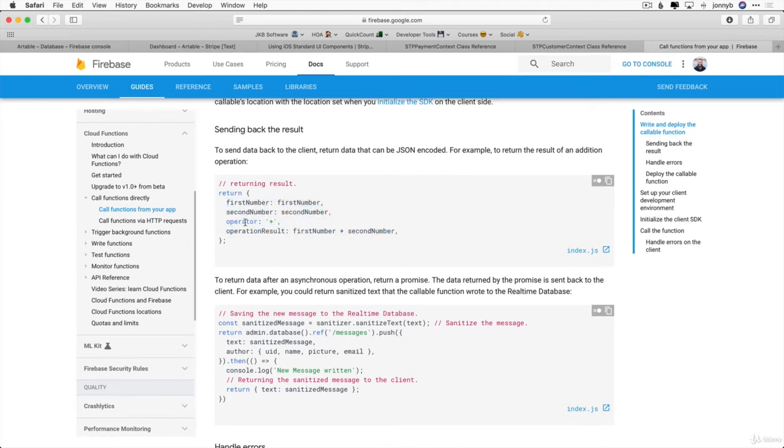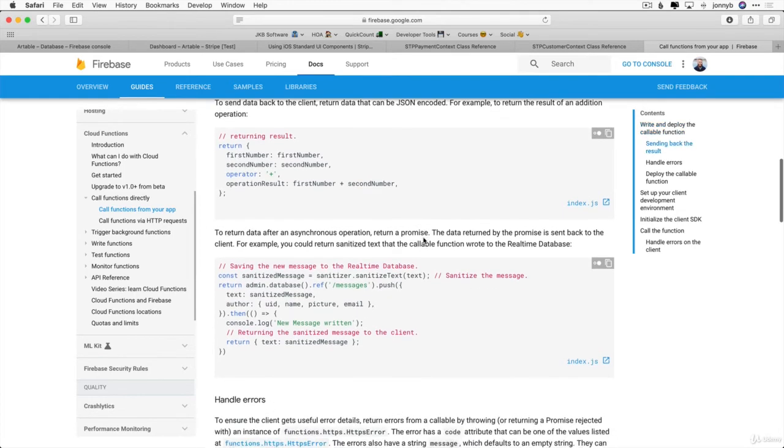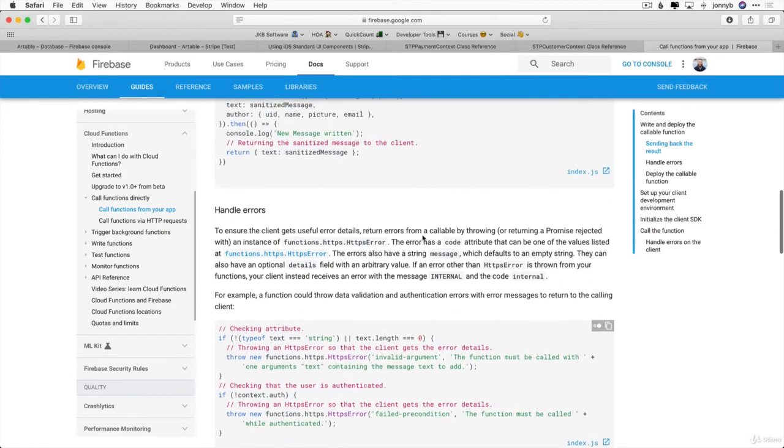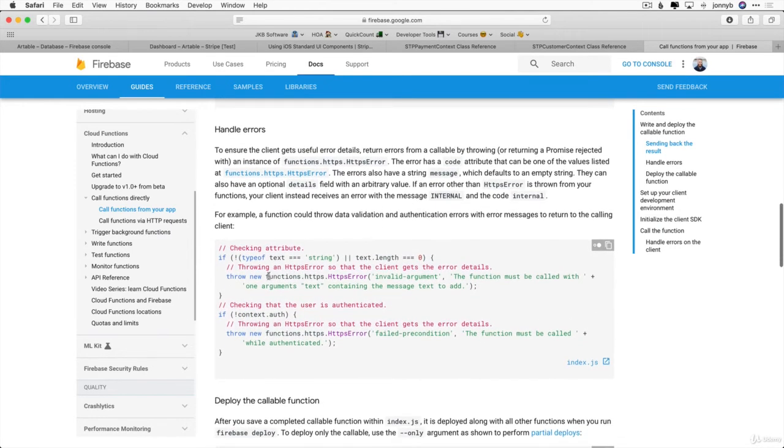So with our ephemeral function, we're going to be returning that ephemeral key. Now, if there is an error, then we throw a class called functions.https.HttpsError, okay? And this has an error code right here, and then a message that is returned